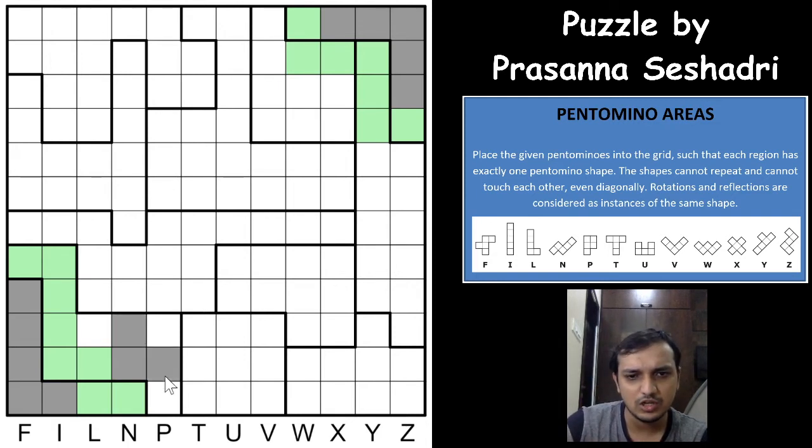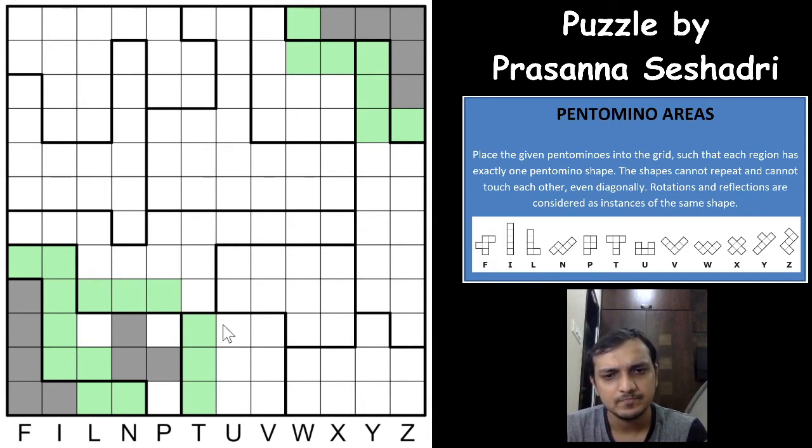Now these two will also be shaded anyhow. So if you unshade this cell, you will have only 4 cells remaining in that region. So both of these will be shaded and all of these 3 will be unshaded. Now if you see the 6 cell region here, there are only 2.